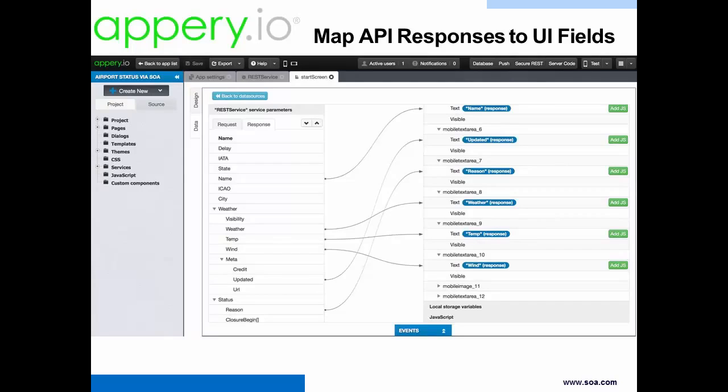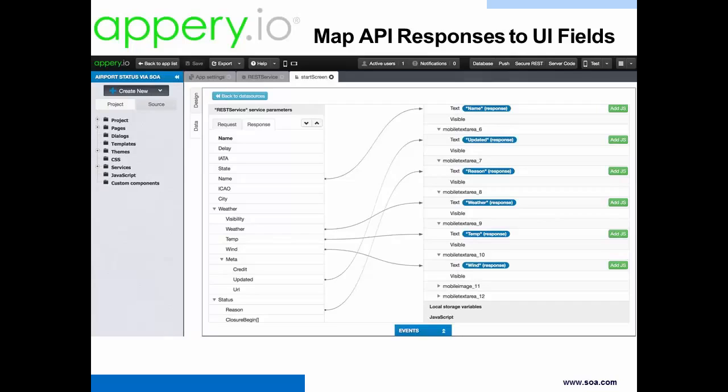Okay, thanks, Ryan. So what you guys are looking at is the visual binding editor, and that's what I said. It's very easy and fast to really consume any APIs available out there, and also bind the API. So on the